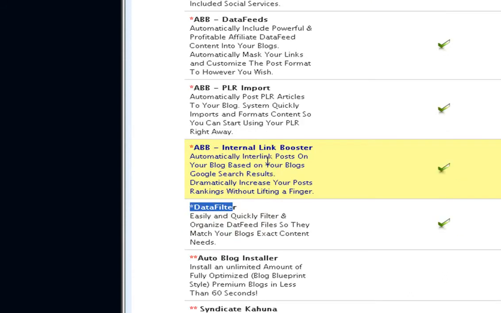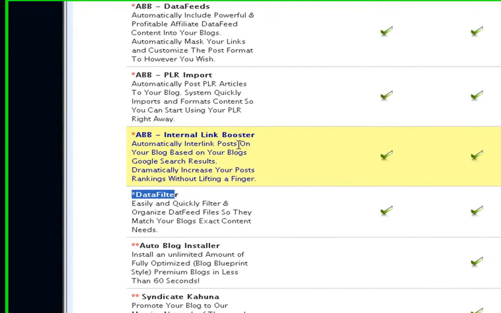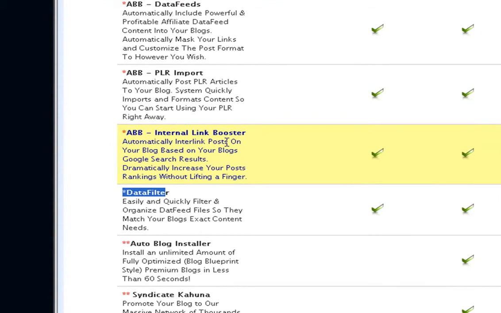You get an internal link booster. This is so cool. It's so much that it's going to do on there. It says here that you can automatically interlink your posts. So what you do is, if you know what pages on your sites might be doing well and already ranking in Google, but maybe not on the first page, well, then you can put them into the plugins and interlink